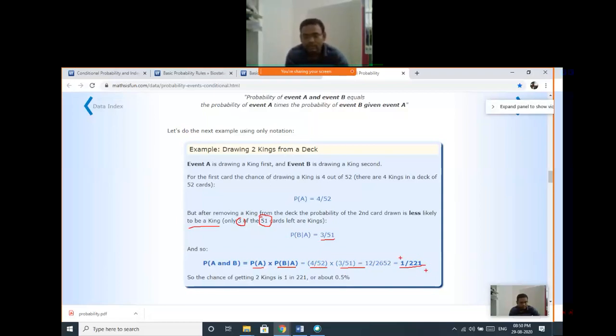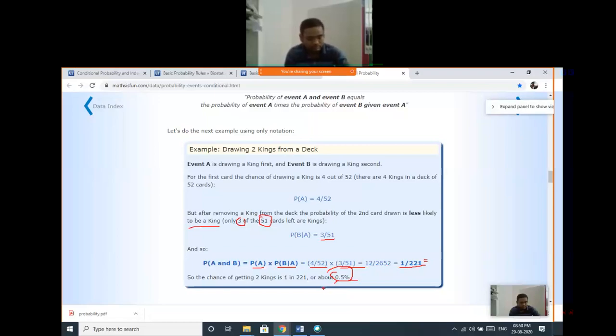So it will give you 0.005 something. Then you multiply by 100, and that will give you some percent. That is 0.5%. It is not 5%. This is 0.5%. So that's why it is not 1 by 2. This is 1 by 221. Okay, it will give you that much of a fractional value.